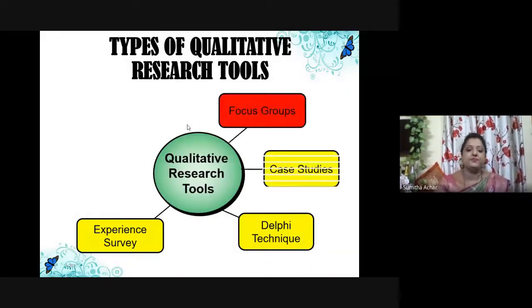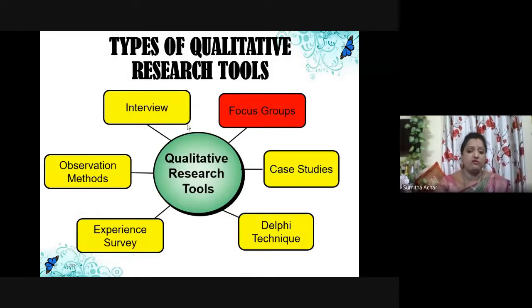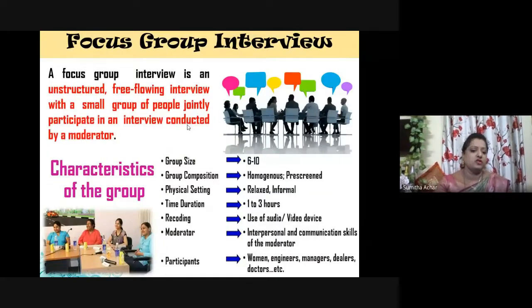Now here, firstly, we will talk about the focus group. What is a focus group interview? It is an unstructured, free-flowing interview which works with a small group of people and one moderator. Now, why are focus group interviews important? Say, for example, in our college, we wanted to introduce a new specialization in analytics, right? When we wanted a new specialization in analytics, we simply cannot take a call that we will introduce it, let's all decide to draft a syllabus and introduce it, right?